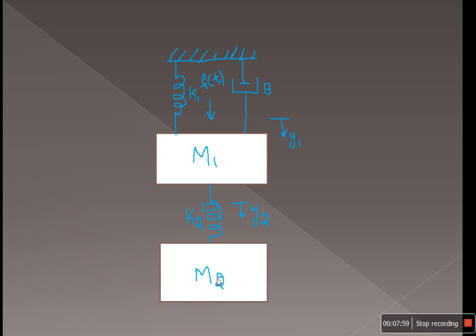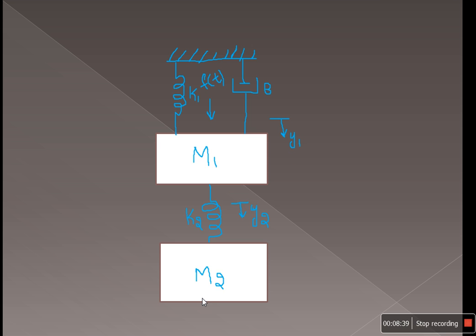Once you observe the question, for M2 there is one spring connected between M1 and M2. To write the equation for this spring for M2, we know that the opposing force due to this spring is directly proportional to the displacement. But here we have two displacements, y1 and y2. When considering node M1, you take y1 minus y2. When considering node M2, you take y2 minus y1. So Fk2 is directly proportional to y2 minus y1.